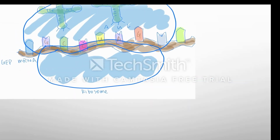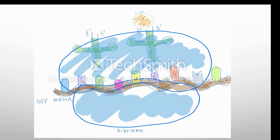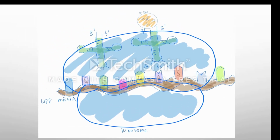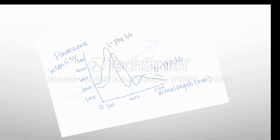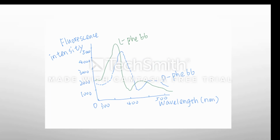This is translated into the green fluorescent protein using the new orthogonal machinery in E. coli. The mutant, containing D-phenylalanine, was compared to the control. To their surprise, they saw the configuration was stable and saw an obvious red shift in the fluorescence. Its emission and excitation maxima had changed. This meant there was a change in the backbone of the protein, and D-phenylalanine was incorporated successfully. The thermal stability of the fluorescent protein was shown to improve as well, a very useful application in research to